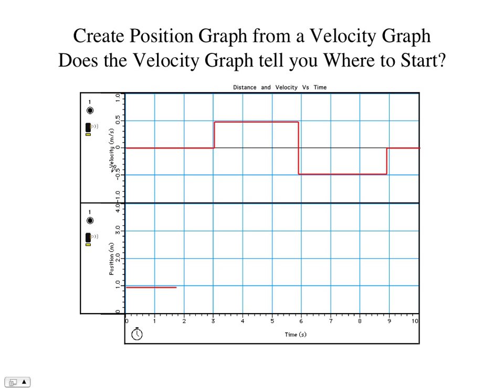Another skill is doing the reverse. If we start with velocity, how do we get position? And we already mentioned this. You have to be given the starting point. The velocity graph doesn't tell you where the object started. And so we're starting at 1 meter, and so the question is, where do we go from there? Well, you can see in the first 3 seconds,